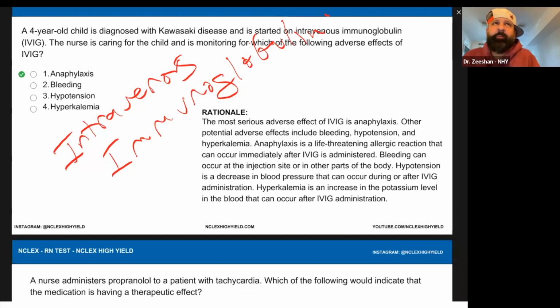Can we bleed? Well, that's what we're worried about. Coronary artery aneurysm. Hello, we've talked about it. Well, if I'm bleeding, am I going to be hypotensive? Yeah. Hyperkalemia? Well, maybe I'm talking about heart. Maybe I'm trying to confuse you with heart failure, whatever. But the truth of the fact is,